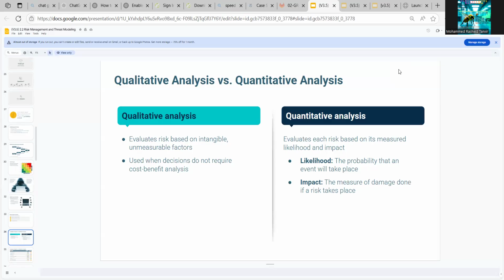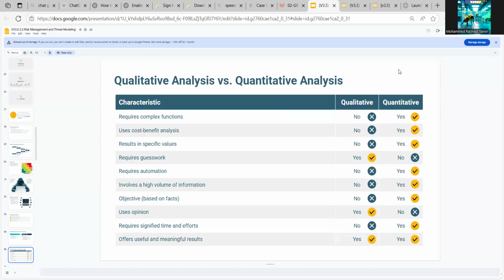There is an additional metric called a risk factor, which is likelihood multiplied by impact. For example, if a risk has a likelihood of 20 and an impact of 20, its risk factor would be 400, 20 times 20. So, qualitative analysis versus quantitative analysis. Suppose